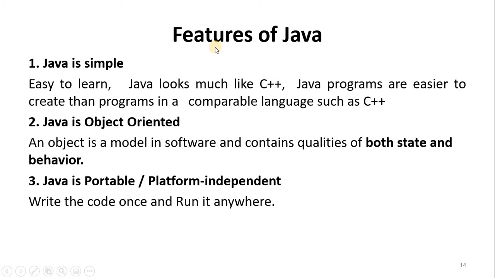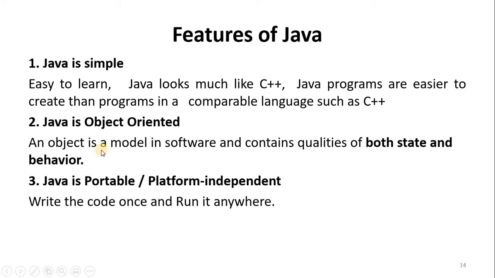Now we will discuss the features of Java. Java is very simple. Like other object-oriented programming languages such as C++, which you may be familiar with from previous courses. C++ is a better object-oriented programming language, and in the same way you are going to learn it in Java also, but with a better approach, and easy to use.